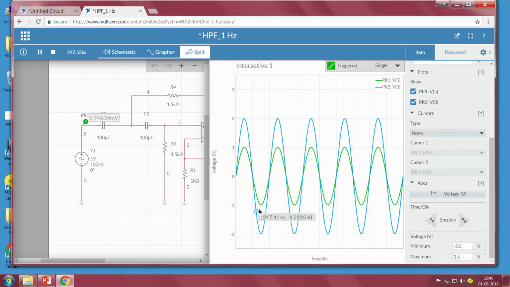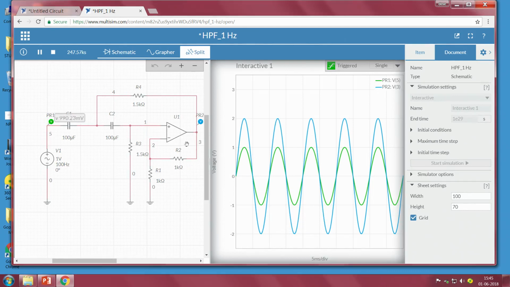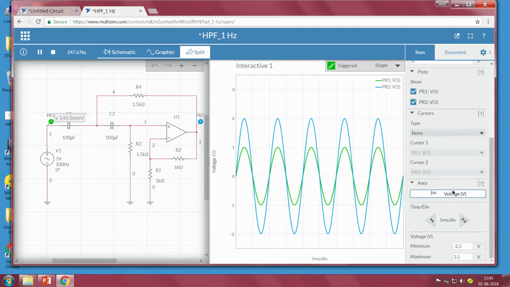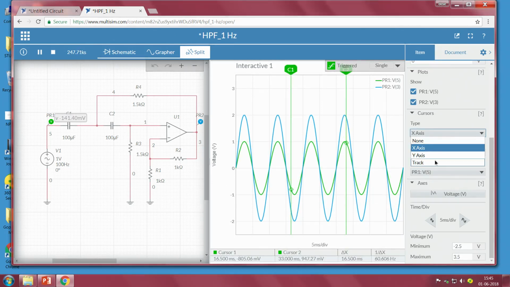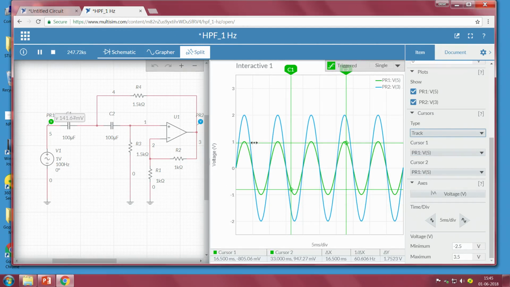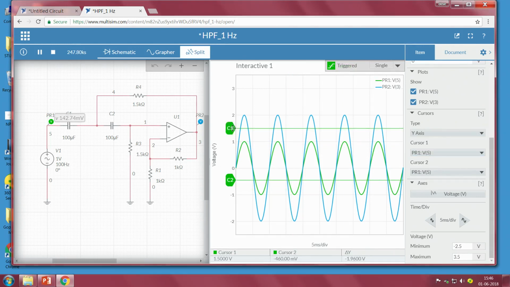Why is this 4 volts? Because the gain here is 2, and since it is a non inverting type of input, we cannot see any change in the phase shift; the output always follows the input. Now, to understand that, we will create a cursor. I will take the y axis cursor, the amplitude cursor, and place it at 1.414 volts. I will move this y axis cursor to 1.414.